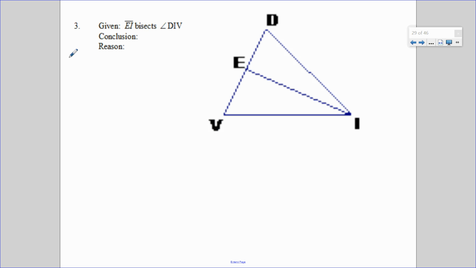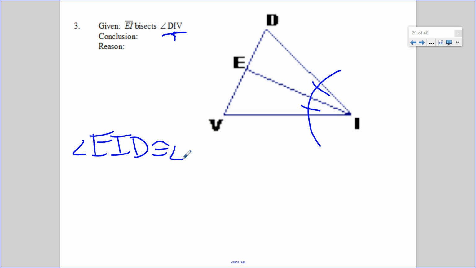Okay, if you're still working, pause it. EA bisects angle DIV. So DIV is what's being bisected. The vertex of DIV is I. So I go to I. That's my original angle. Those are my two congruent angles. So my conclusion is angle EID is congruent to angle EIV. And my reason,